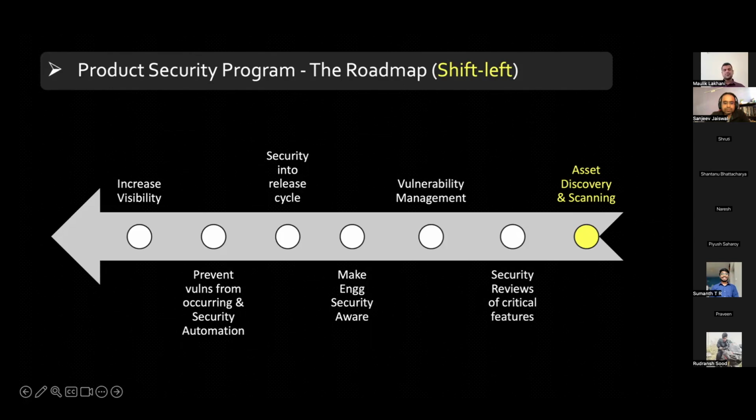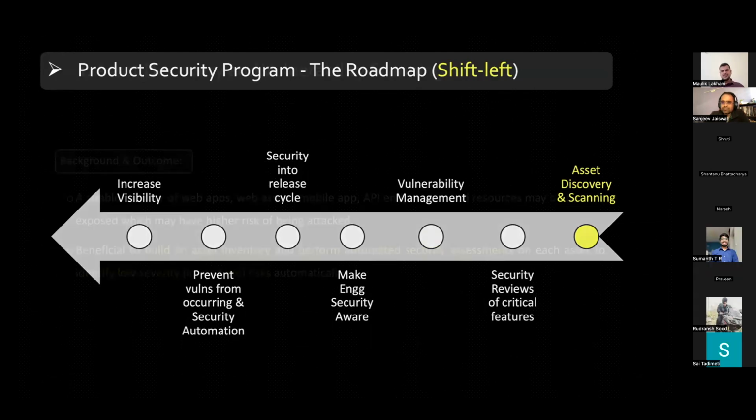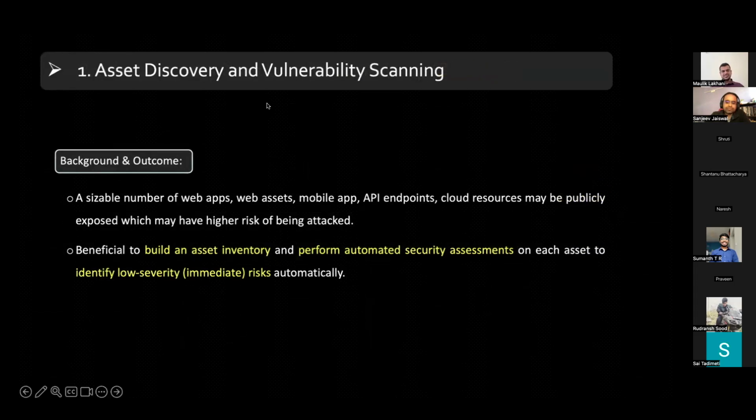And how do you implement security automation for product security or application security monitoring? And then at the end, how do you convey the impact you made to the engineering team and the leadership, so they feel your importance and they feel the impact. So instead of this chart going from right towards left, it is going from left to right, because in product security there is a very popular buzzword called shift left. So we have taken that buzzword as a methodology, and we have crafted our entire program roadmap into that kind of mindset. So we'll start from asset discovery and vulnerability scanning.